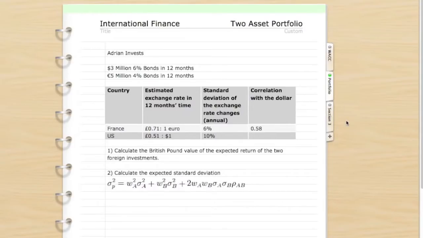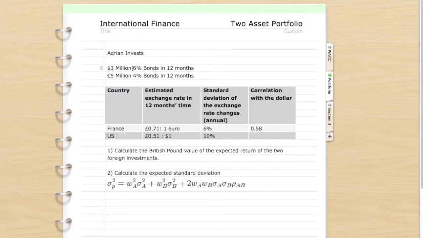Hello everyone, and welcome to this quick presentation of how to work out the risk of investing abroad using a two-asset portfolio. Okay, so we have here investor Adrian, and he's thinking of investing $3 million in the United States,